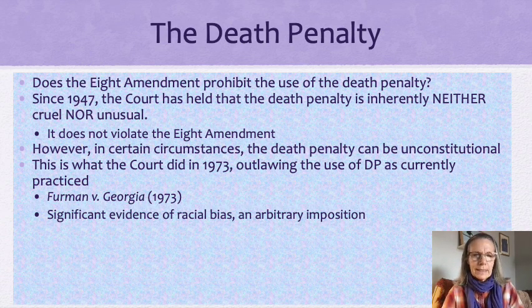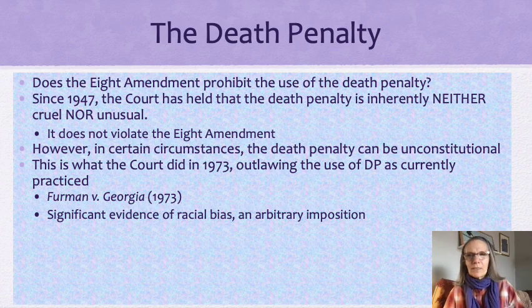Some of the things that the court took into consideration was that there was evidence that racial bias was present in the use of the death penalty. In other words, that Black people were more likely to receive the death sentence for a similar crime than a white person. For example, the evidence presented in Furman v. Georgia basically showed that an individual who's most likely to get the death penalty is a Black person who kills a white person, and the individual who is least likely to get the death penalty is a white person who kills a Black person. And so the Supreme Court said that, given the presence of racial bias in the sentencing of people to death, as well as an arbitrary imposition of the death penalty,